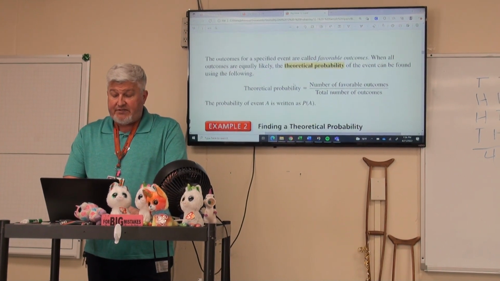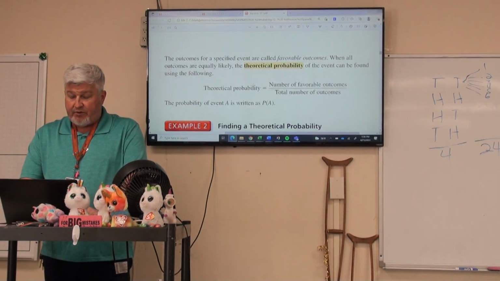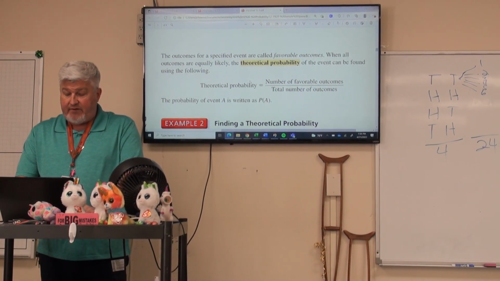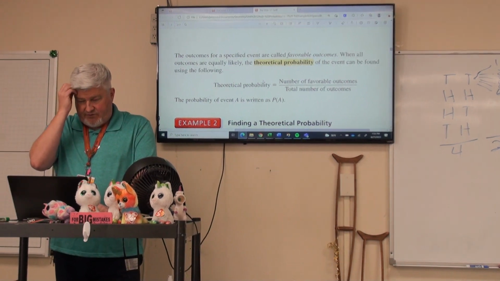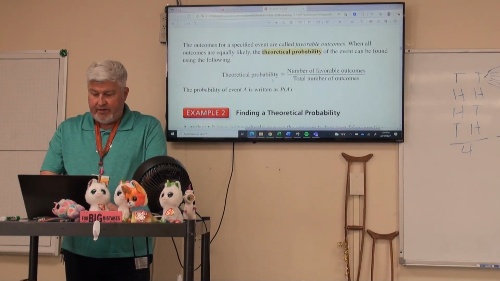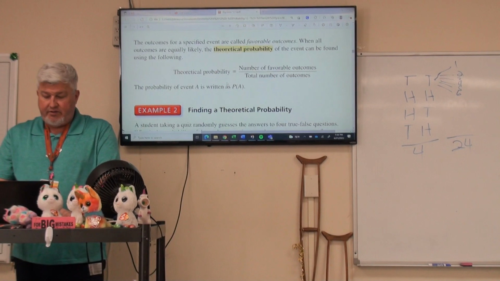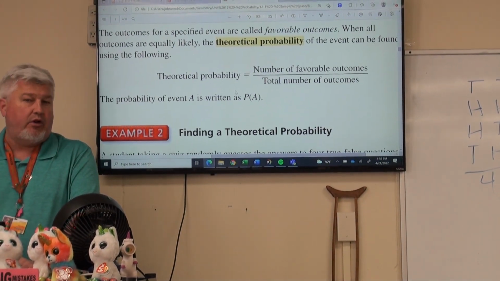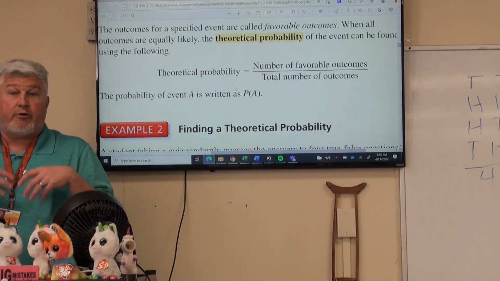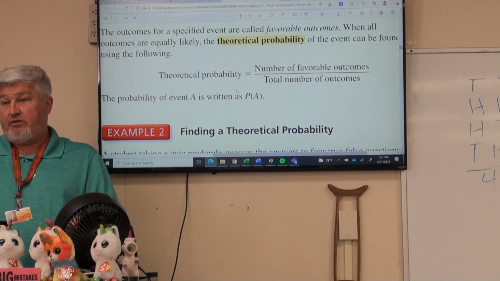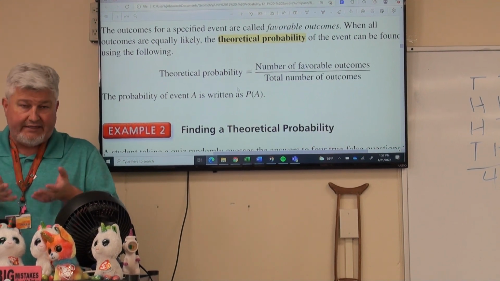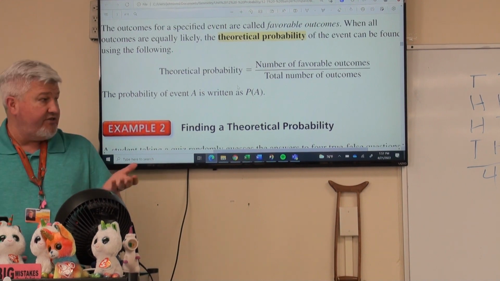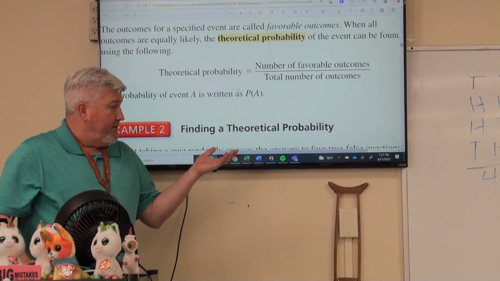So the outcomes for a specified event are called favorable outcomes when all outcomes are equally likely. The theoretical probability of the event can be found using the following equation, if you like. This is where you should write this down in your notes. Theoretical probability is the number of favorable outcomes, and by favorable is determined by whoever the experimenter is. It doesn't mean the best outcomes, it just means what you're hoping to get, divided by the total number of outcomes. So if I were to use what we just did back over on the board here,